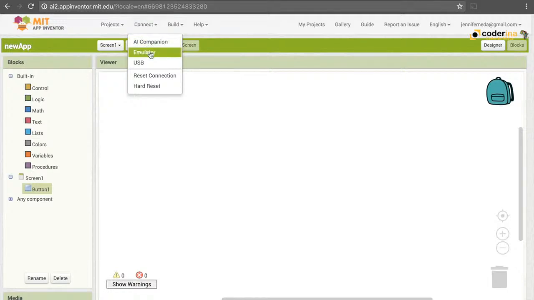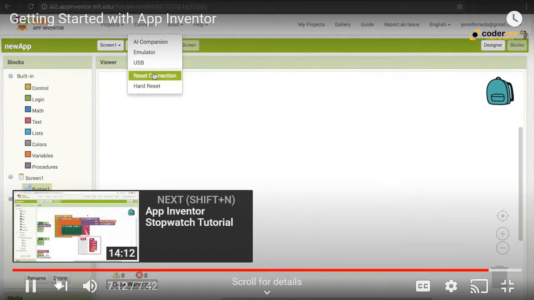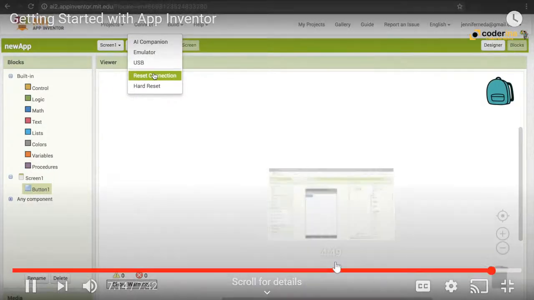There's the emulator, so this is a way of running the code directly on your computer, and there's the USB method. This reset connection here, I use this often when I'm using the AI Companion app because